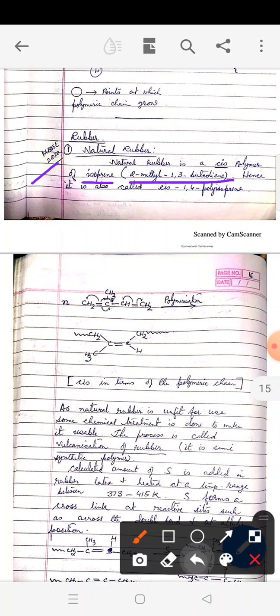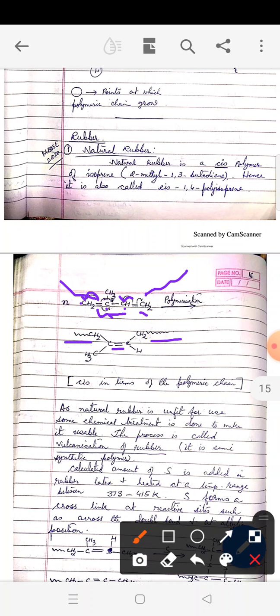As we have discussed earlier, the free radical polymerization mechanism we have also discussed. So here the double bond will break homolytically and free radicals will be created at the 4 carbons. Now the free radicals at carbon 2 and carbon 3 will form a double bond just like this. And at carbon 1 and carbon 4 we will be left with the free radicals. So the chain will grow from this end and the chain will grow from this end. That's why we have drawn these zigzag lines.